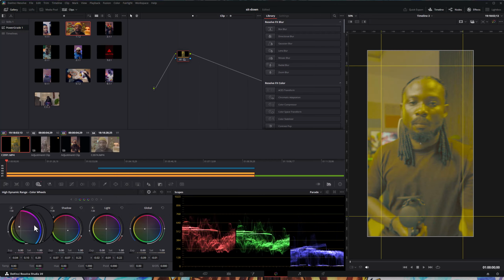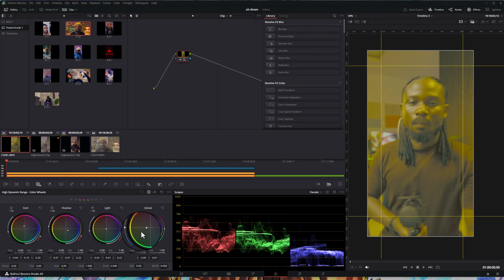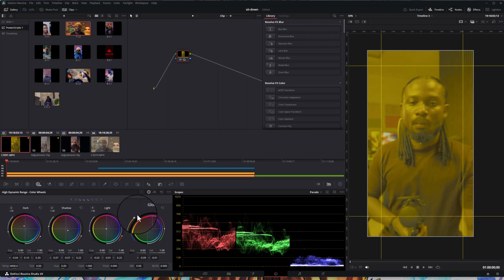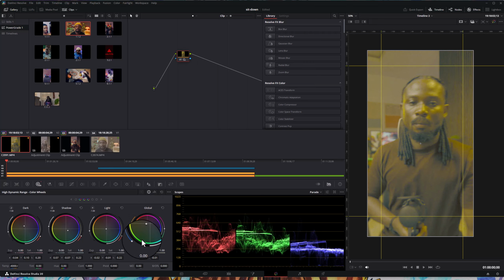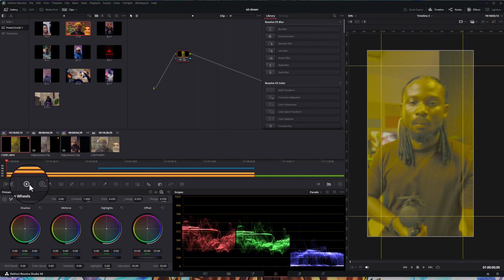Now there's something I forgot to mention. Okay, something I forgot to mention. When you go to log, no, it's in HDR. When you come in HDR, you're going to see another wheel here where you can do your warm or your temperature. You understand? So DaVinci Resolve, like I've said before, has some tools that are repeated across other tools. So for that thing that you want to do with this tool, there's another tool that can do it better. So instead of adjusting temperature here with this slider,